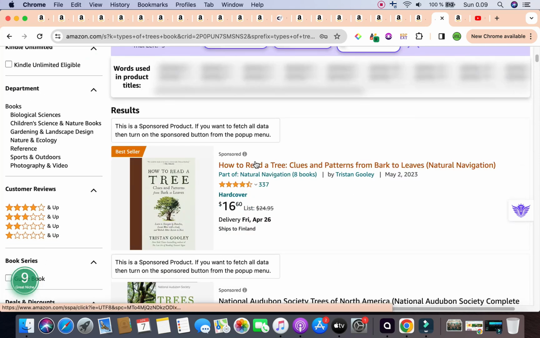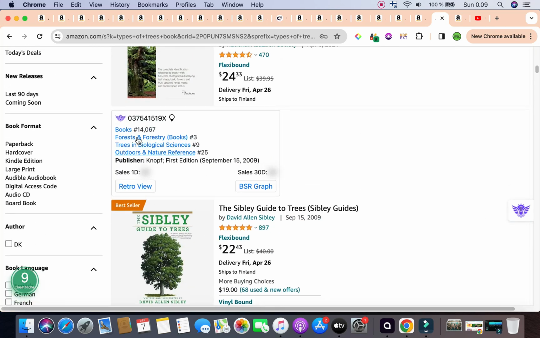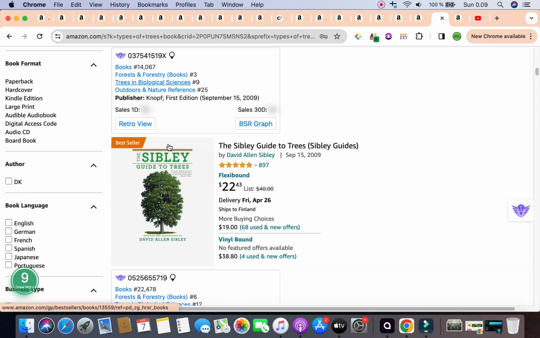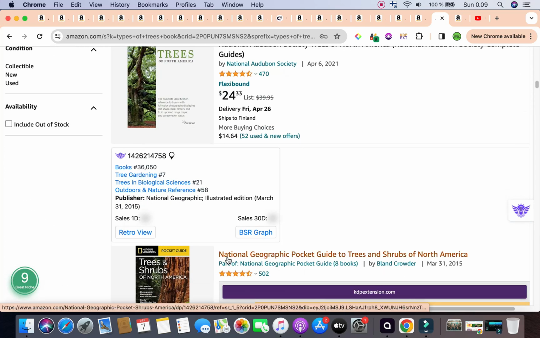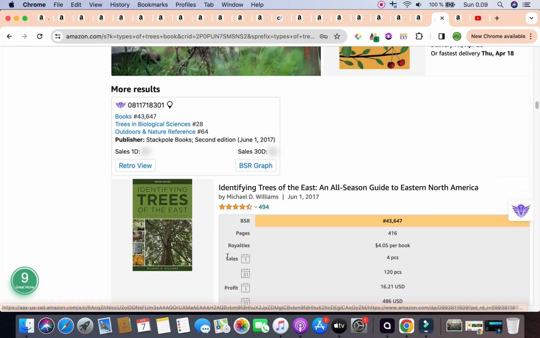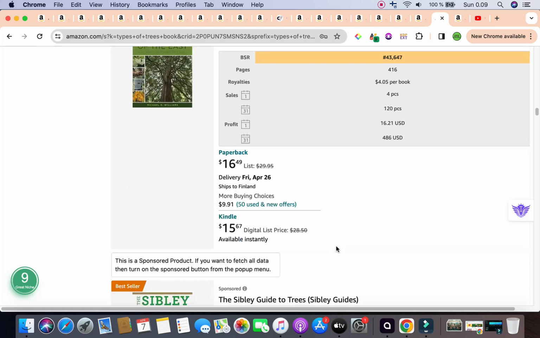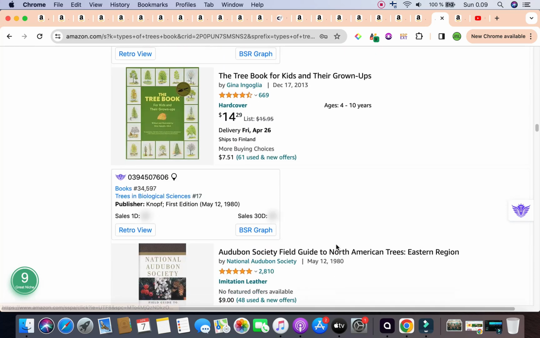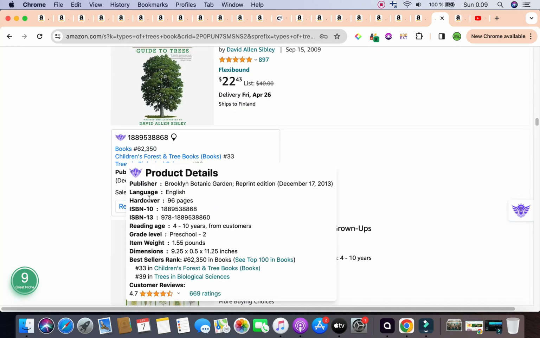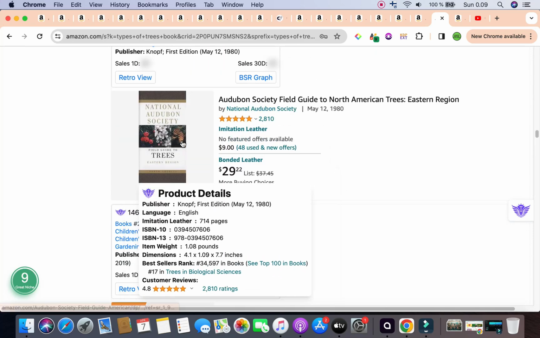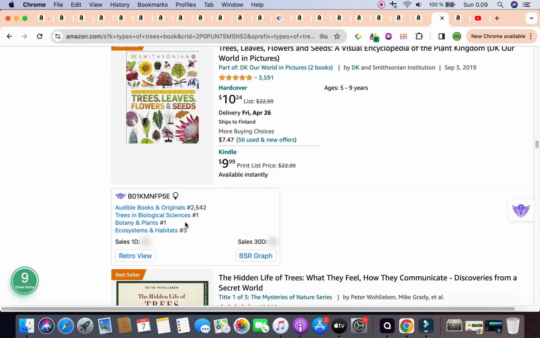$23.18. So maybe here you can create a short book, such as this one, for example. It has a bestseller rank of 14,000. This one has 22,000 as the bestseller rank. This one's 36,000. Just by scrolling down, we can see 43,000. We can see about 4 books, and we're not even halfway through the page, that have a bestseller rank of 100,000 or less. We have our 5th book with 62,000, 34,000, 2,200,